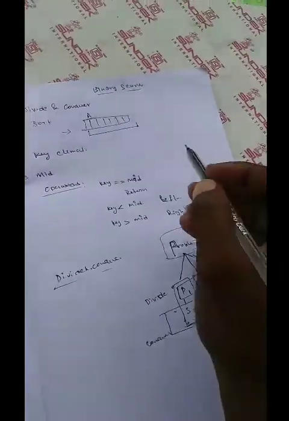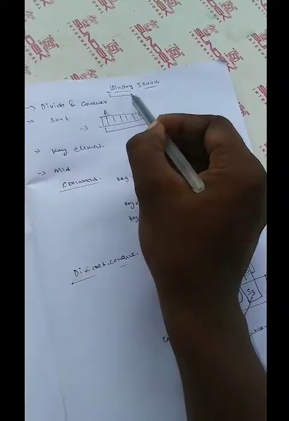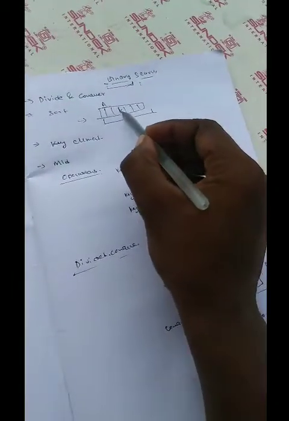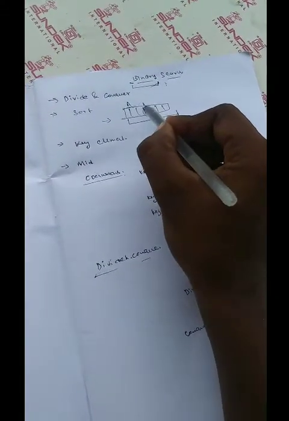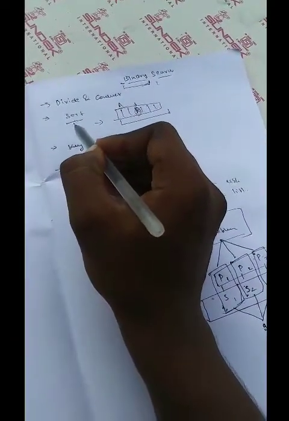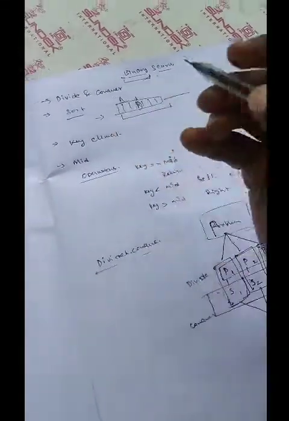So binary search is used to find the desired key in a given array, a list of elements. We use the key, whatever it is, that we want to search for in the given array of elements. In binary search we follow the divide and conquer procedure. To apply divide and conquer to the given list, first of all the list must be in sorted order. So whatever array of elements we have, it must be in sorted order.